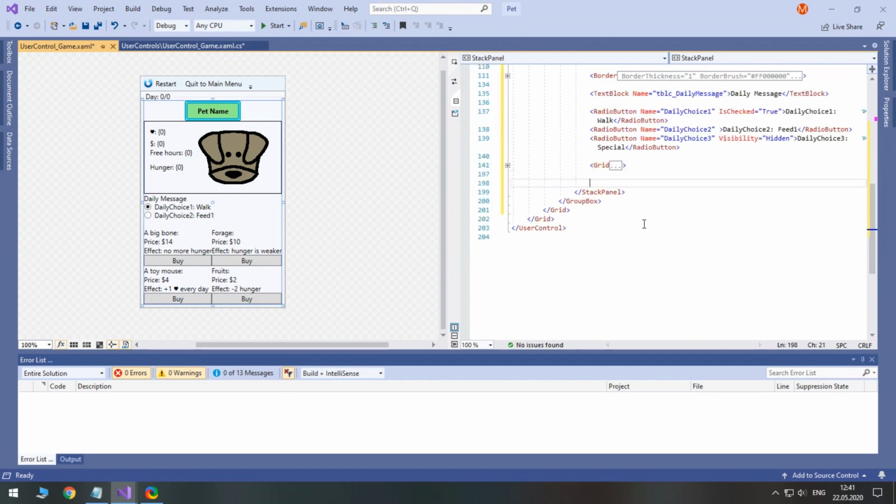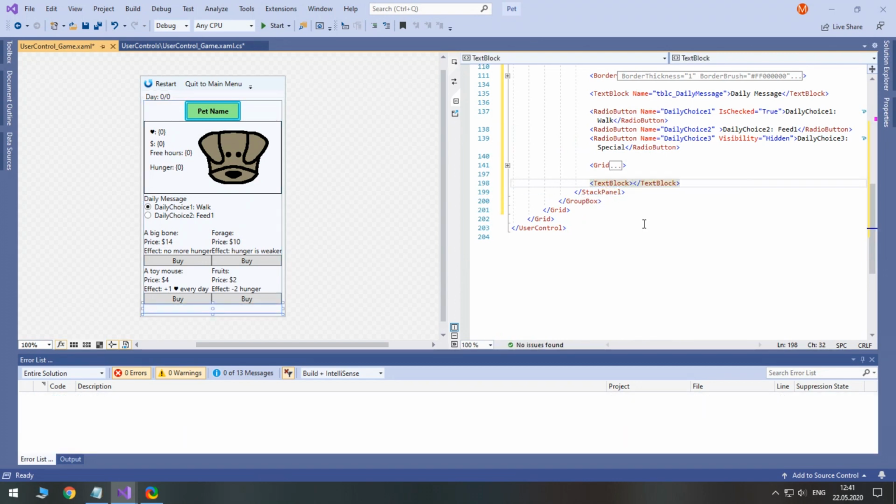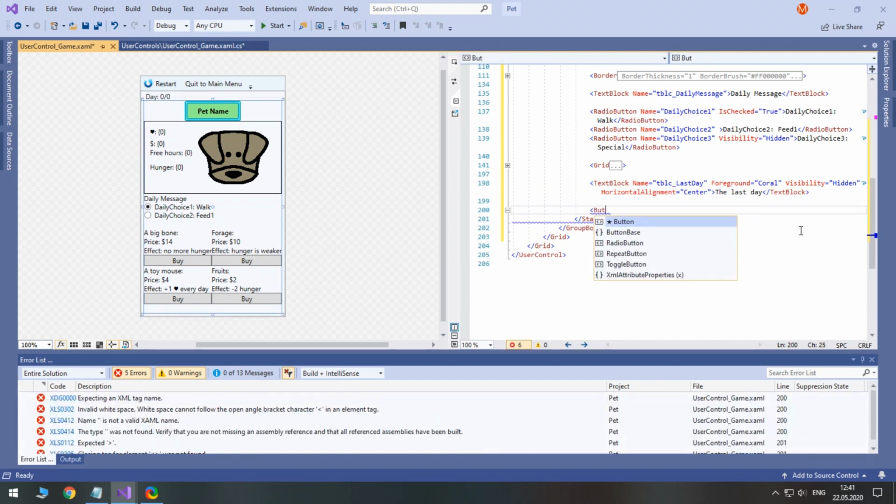Below the grid, we will place a text block warning about the last day. We also need a colorful button for moving to the next day.